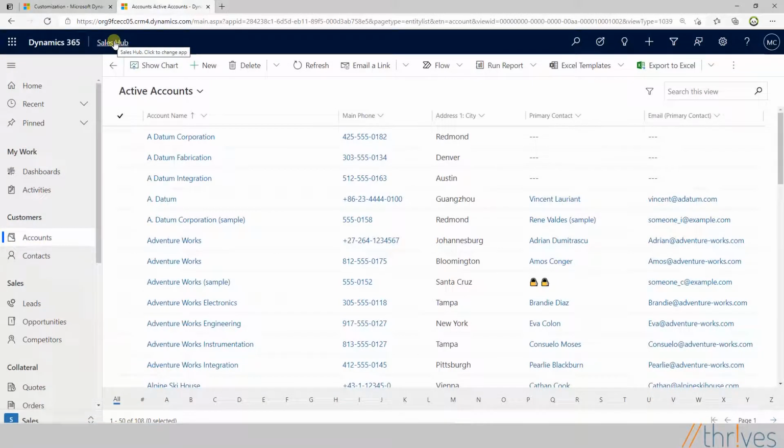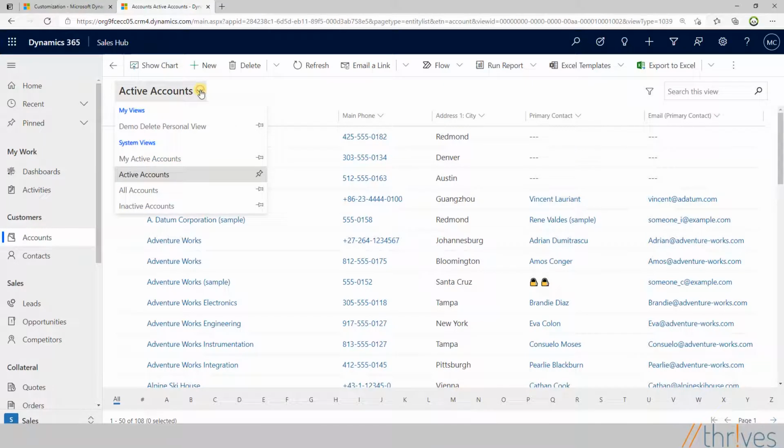I've opened up my Sales Hub, but you have to understand that what I'm going to show you about views can also be applied in the other hubs of Dynamics. In this example, I've navigated to the table Accounts and opened up the view Active Accounts. When I dive into this view, you might notice already that there are two kinds of views, My Views and the System Views. My Views, those are the ones that we are going to create today, and the system views, well, those are the ones that come out of the box with Dynamics